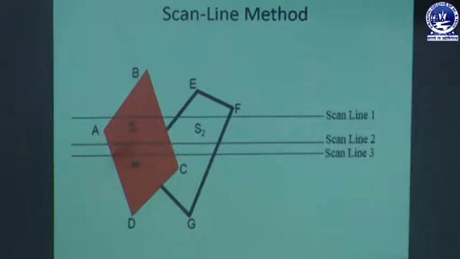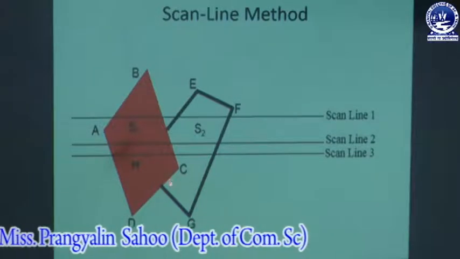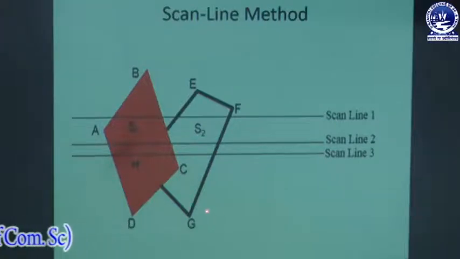Okay. For scan lines 2 and 3, the active edge list contains edges AD, EH, BC, FG. Along scan line 2, from edge AD to edge EH, only the flag for surface S1 is on. But between edges EH and BC, the flags for both surfaces are on. In this interval, depth calculation must be made using the plane coefficients for the two surfaces.